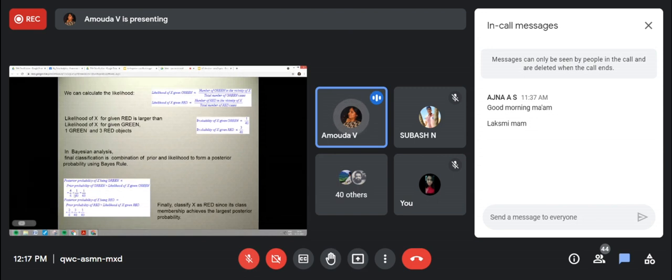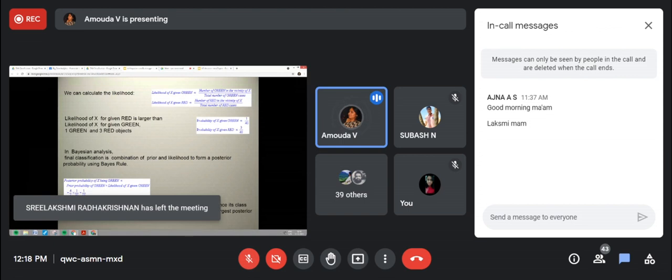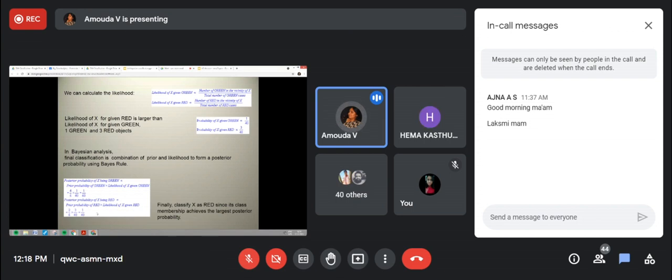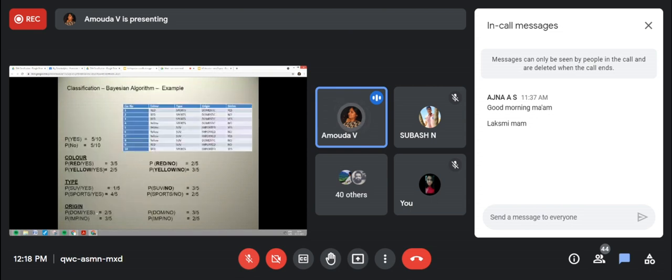So the more the posterior, we come to the conclusion that it belongs to the red group. So how the Bayes rule works is a very simple algorithm which calculates the posterior probability using the prior probability and the likelihood. Using both values, we calculate the posterior probability. When the posterior probability of a certain object group is larger, then we finalize that the new arrival belongs to that particular group.